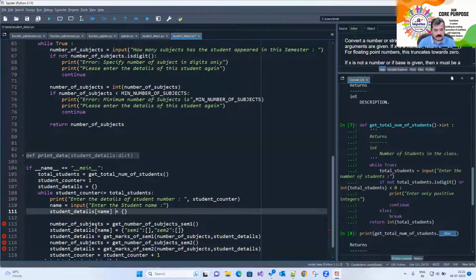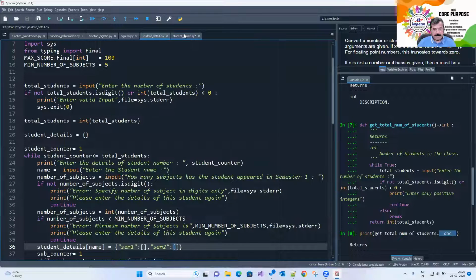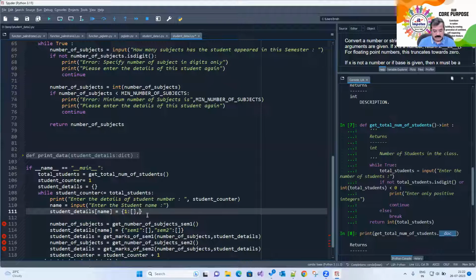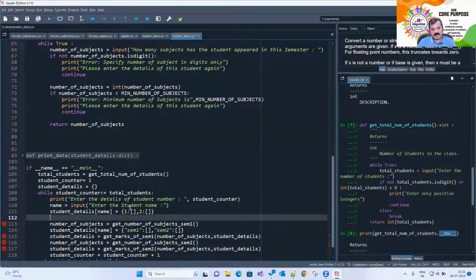Name is equal to one as a key and value. And 2 as a key. The 1 and 2 are semester numbers and the value. So we have created this. Now, once this has been created,